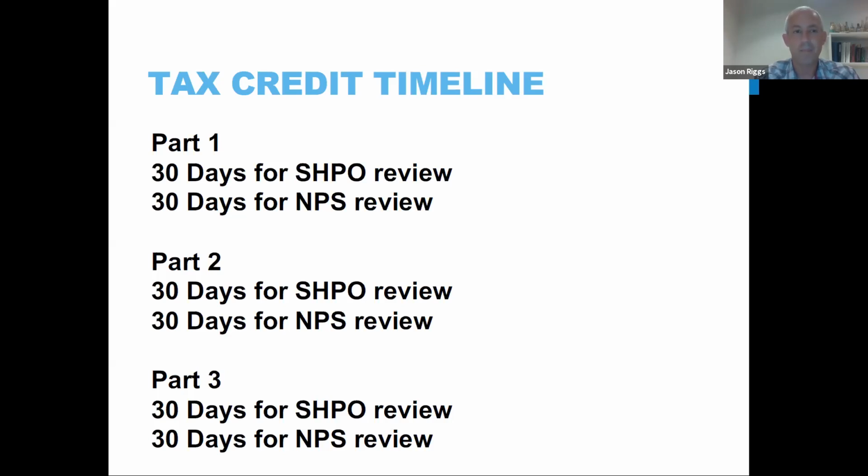state district maps. The review time of the part one is, once it's completed, you send it into Baton Rouge, and they have up to 30 days to review the application, and then they make a recommendation and then send it up to the National Park Service in DC. Then the National Park Service has up to 30 days to review it as well, and then ultimately they will respond in writing to the person who is the applicant on the application, and you will typically receive that response within the next 10 to 15 days. So you're looking at, from the time it's submitted in Baton Rouge, about a 75-day turnaround period until you have